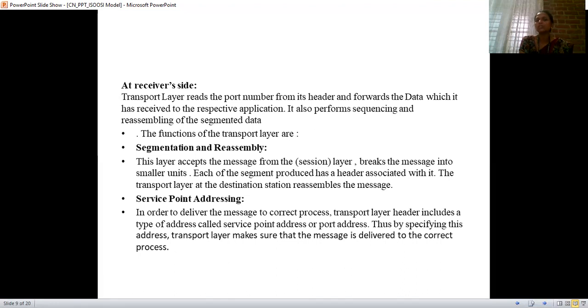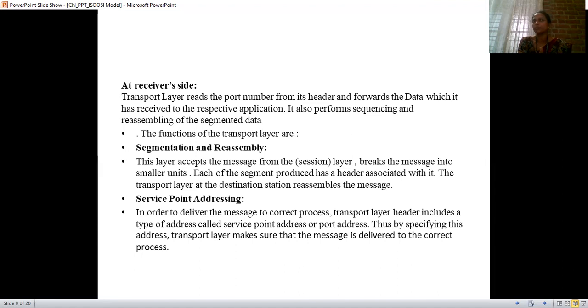Each segment produced has a header associated with it. The transport layer at the destination station reassembles the messages. For example, the sender sends the messages, but on the receiver side, see, the numbers are not there. So what will the receiver do?